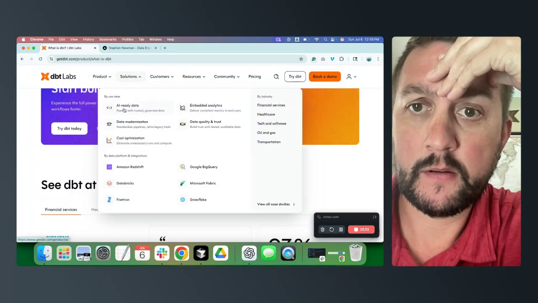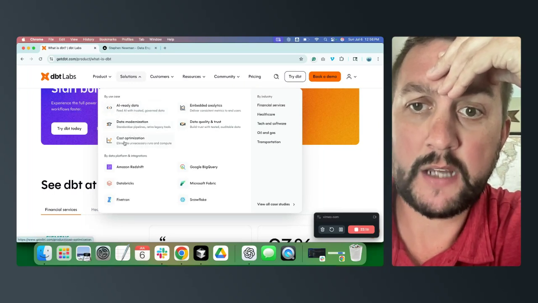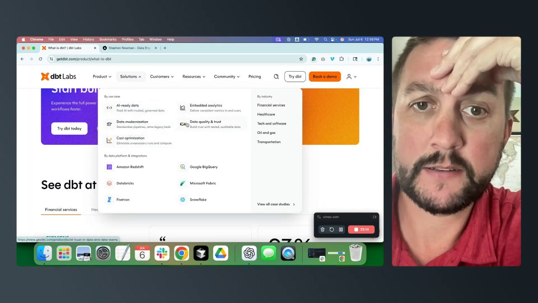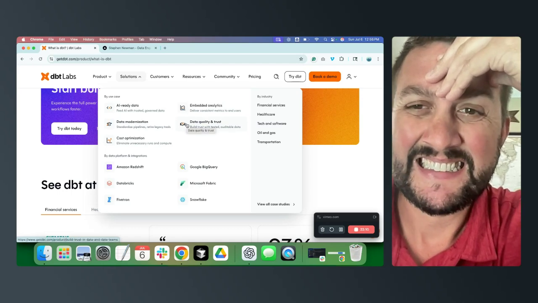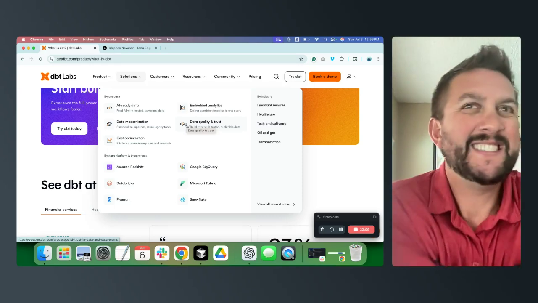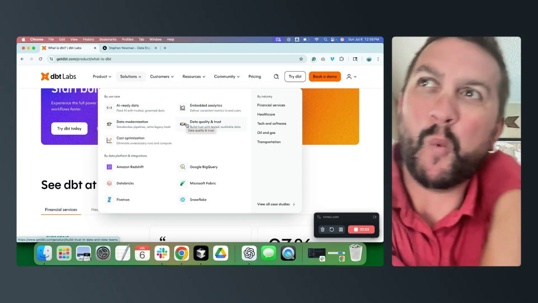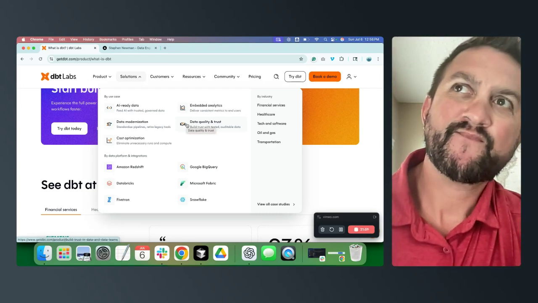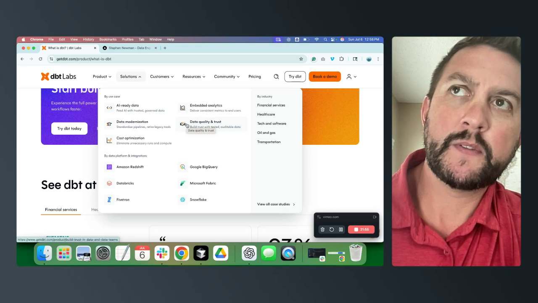So the product, the use case: AI ready data, data modernization, cost optimization, embedded analytics, data quality and trust. You know, like use cases. There's a handful of different words that get used incorrectly from my perspective.